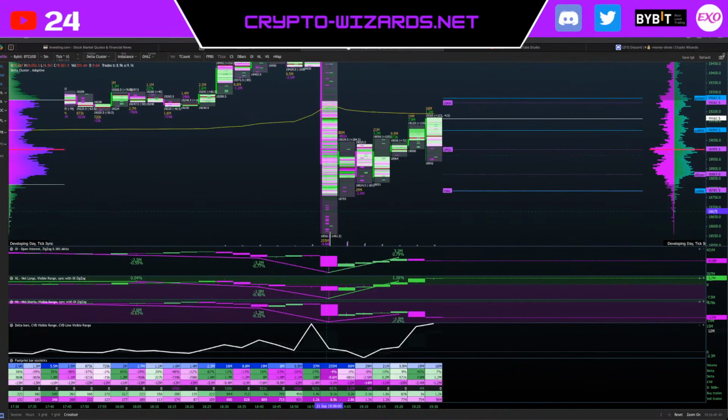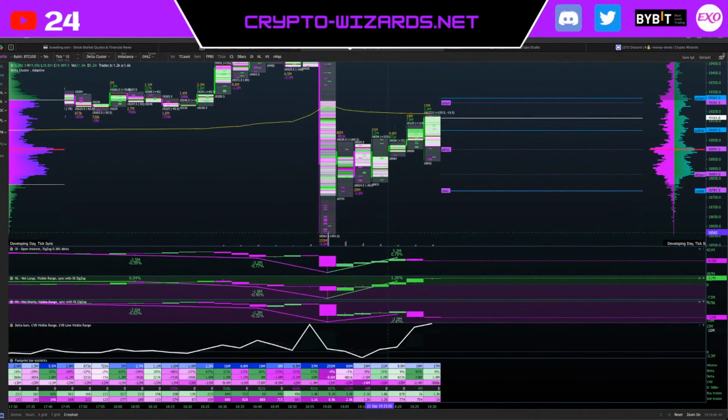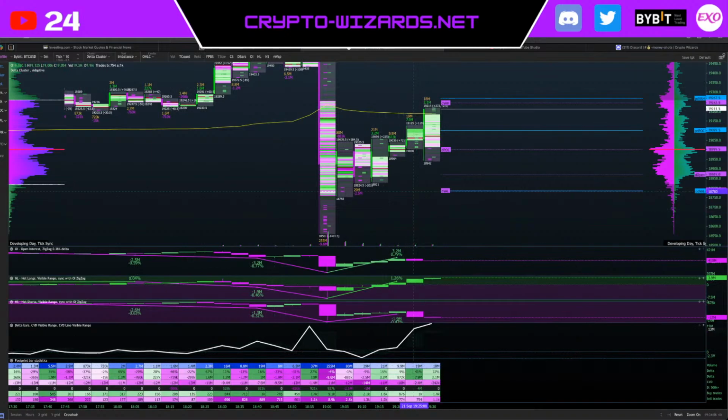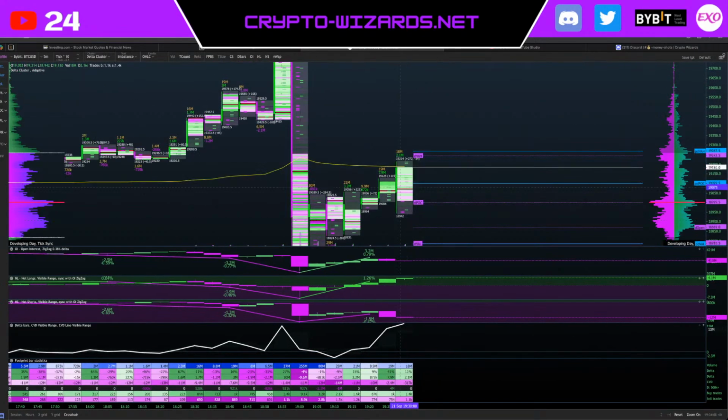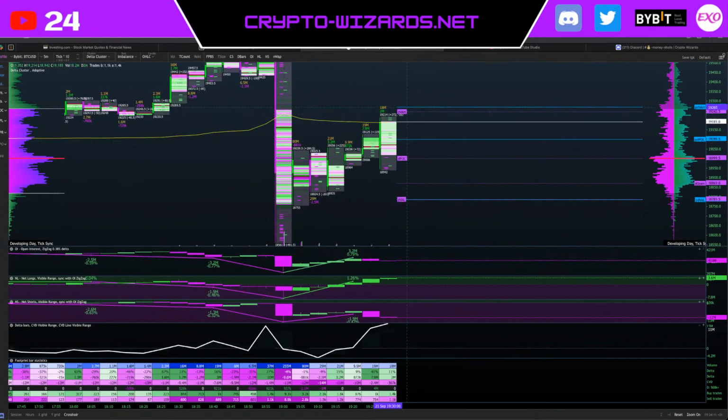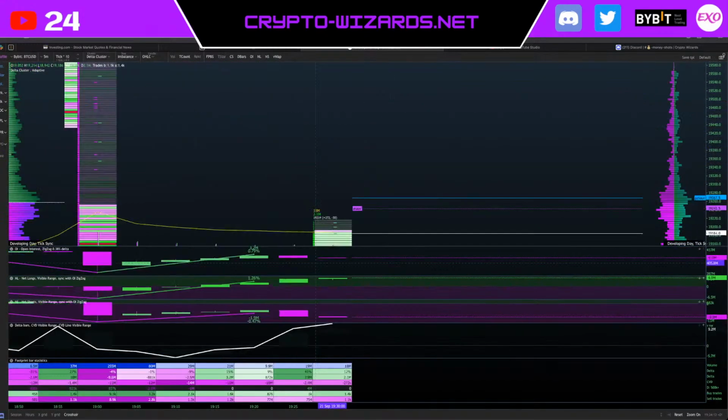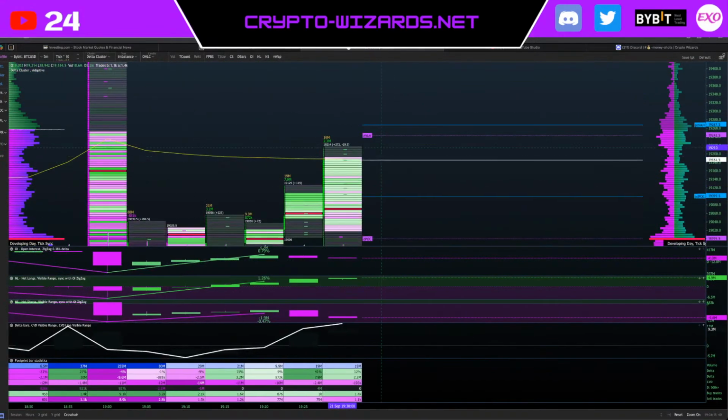Okay, so we have a new long stepping in. We have also shorts, but definitely more longs right now. But pretty poor volume. Actually, this is a solid volume right here. And right now we're trying to break through the VWAP. And we are running into the daily value area high, which is going to be the resistance number 1.